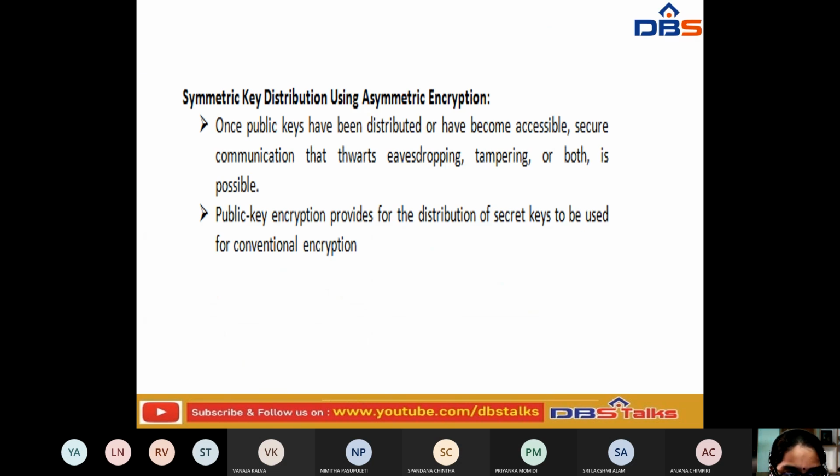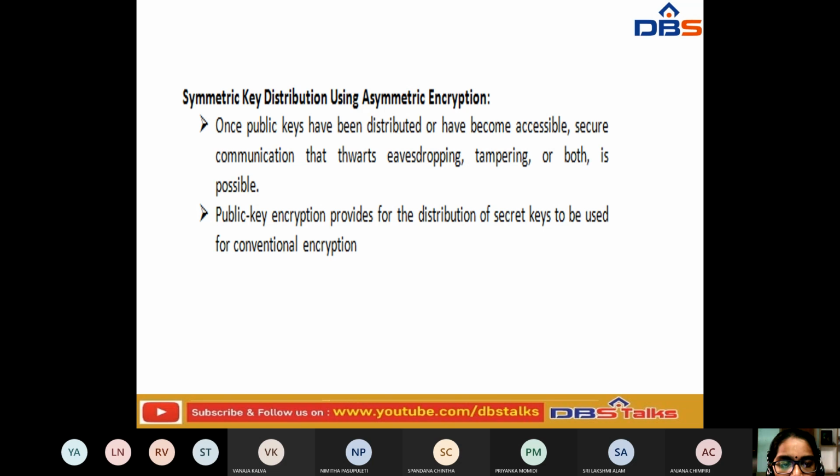So, what is symmetric key distribution using asymmetric encryption? We already know about public and private keys. The public key is the key which is visible to all the users. Once the public key has been distributed or made accessible, secure communication can still be affected by eavesdropping, tampering, or both.